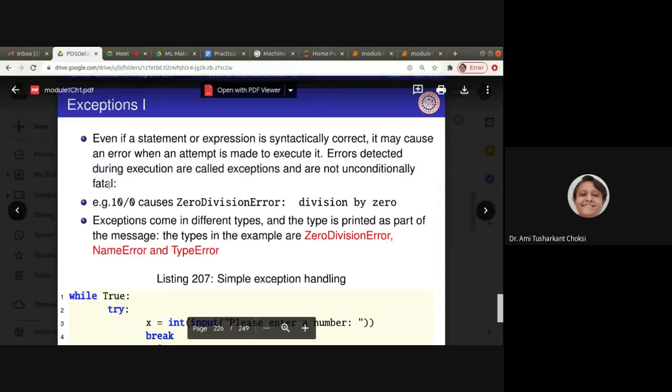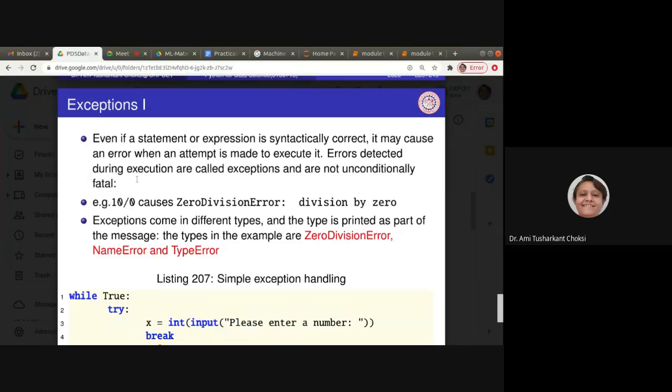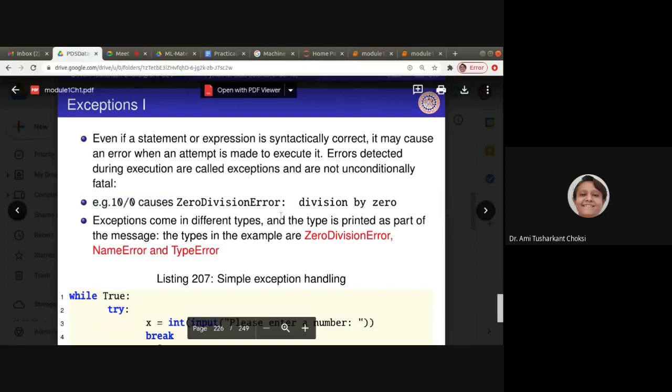As for example, if we have 10 by 0, it causes the zero division error.